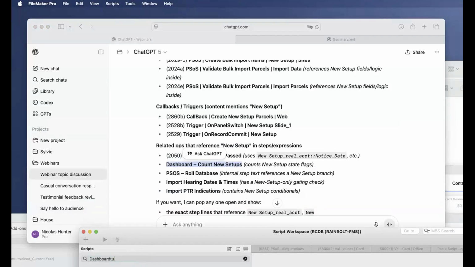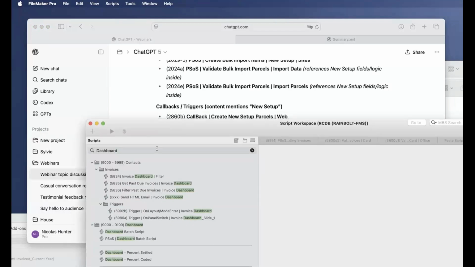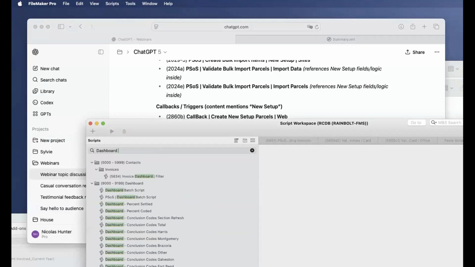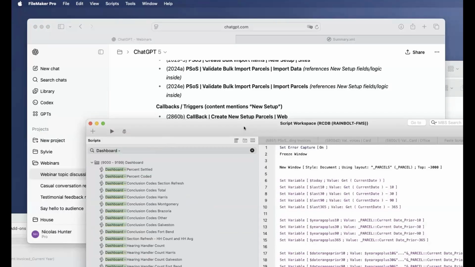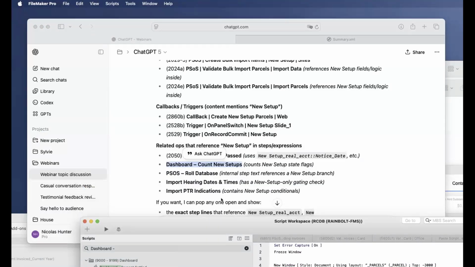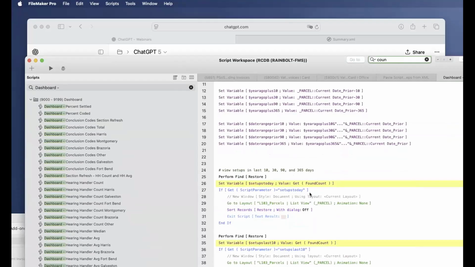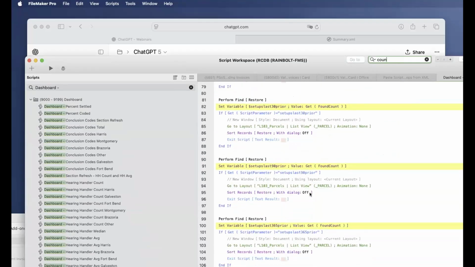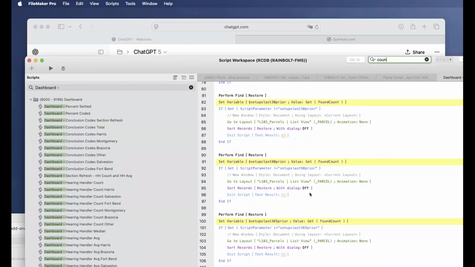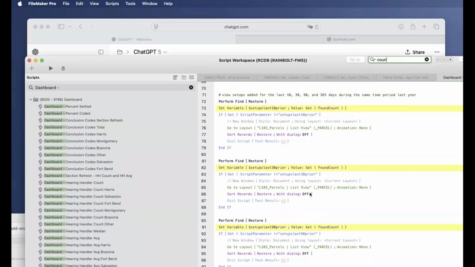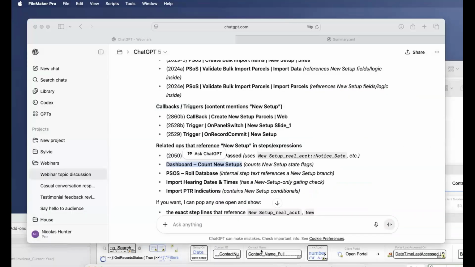I don't have this dashboard. Count new setup here. Okay. In this script, somewhere I'm counting the new setup somewhere, I don't know where, but it does somewhere, right?